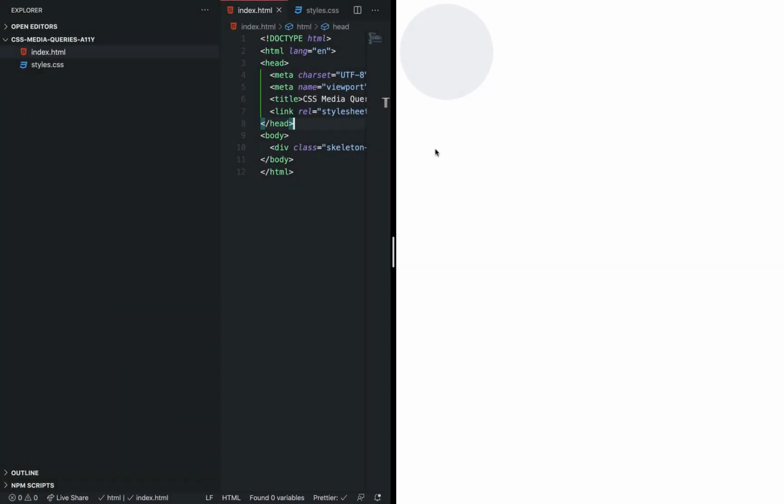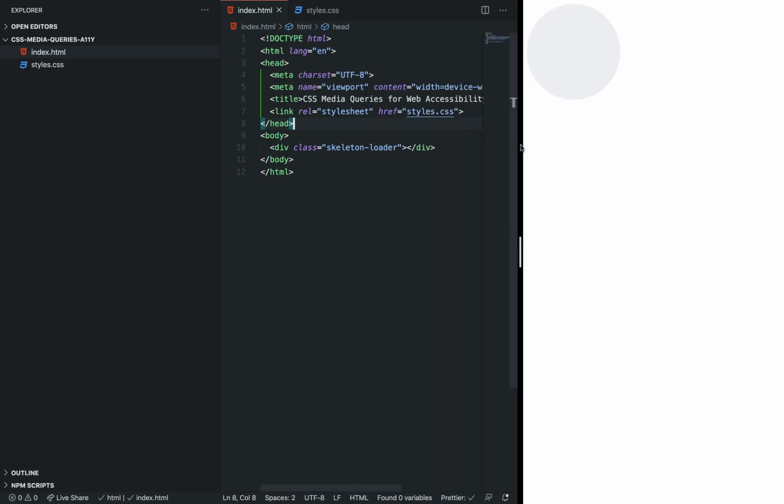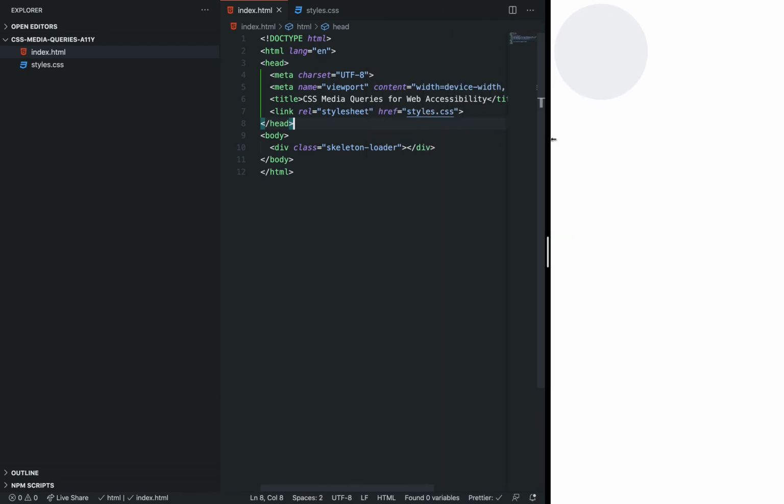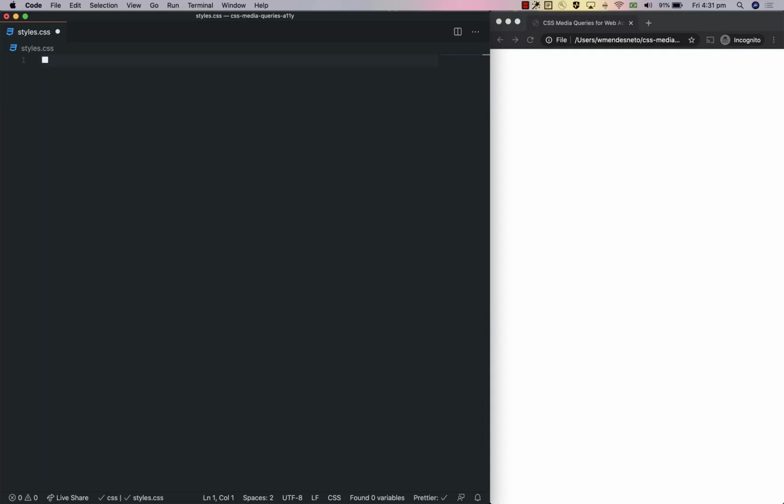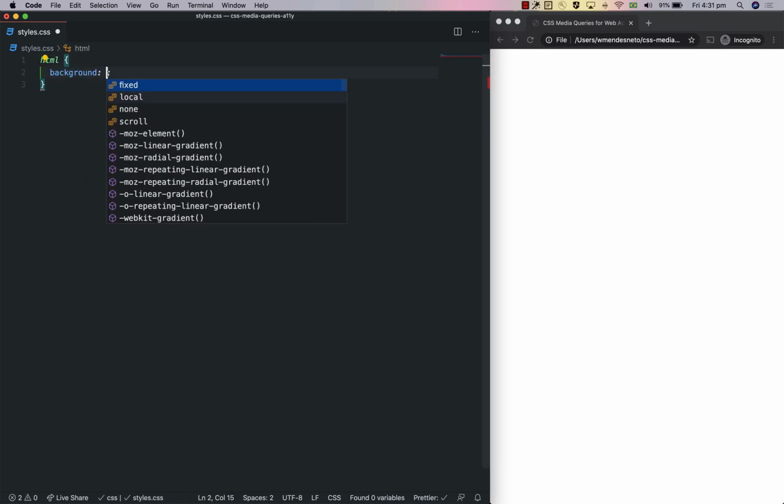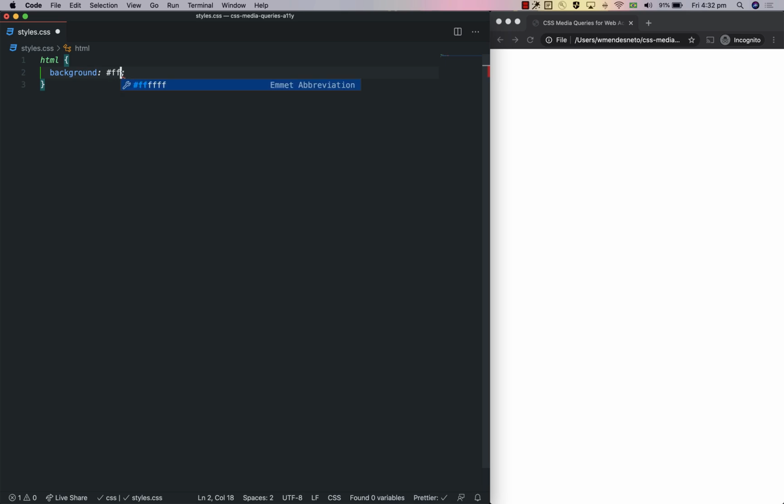The second media query we'll be using today is the color scheme. With that, you can check if the user has dark mode active in their device or not. If yes, you can apply some changes in your style sheet and change it to dark or light the way that you prefer. In this step, what we'll do is first add a style for the background, so